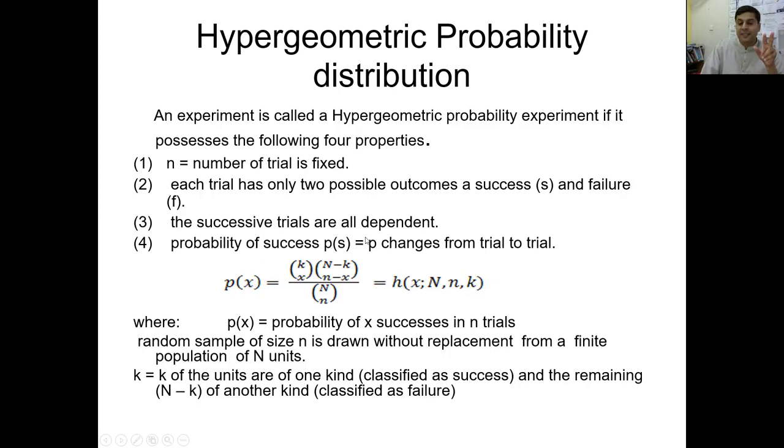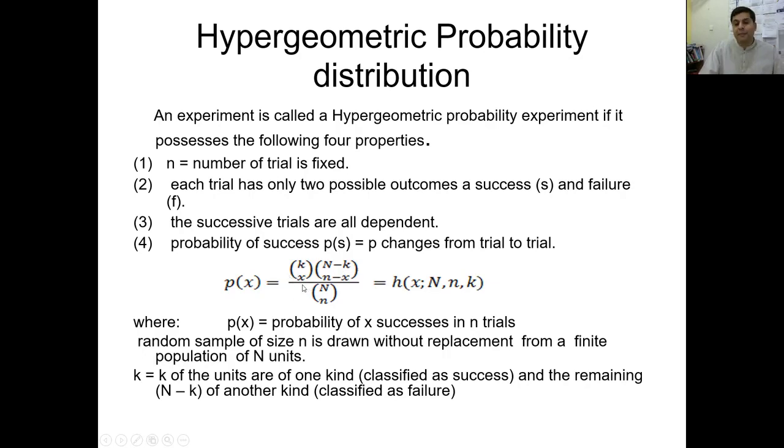Probability of success in the binomial will not be changed. In the whole process, in the whole game, the probability of success will be the same. For example, if you throw a coin, the probability of head will always be 1/2. It will not be changed. But in the hypergeometric, it will be changed from trial to trial. So that is why, due to these 2 different properties, you need to identify the hypergeometric probability distribution, and then